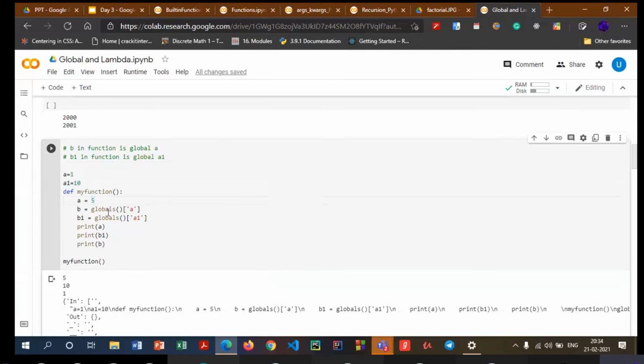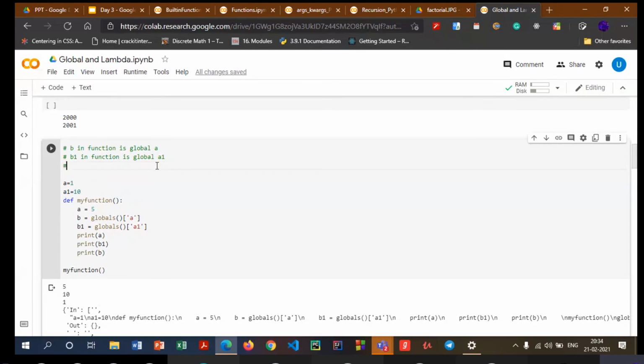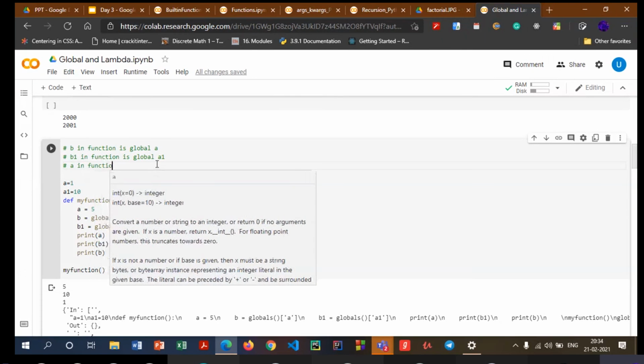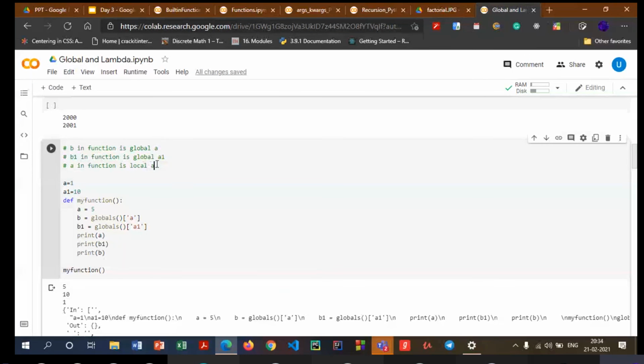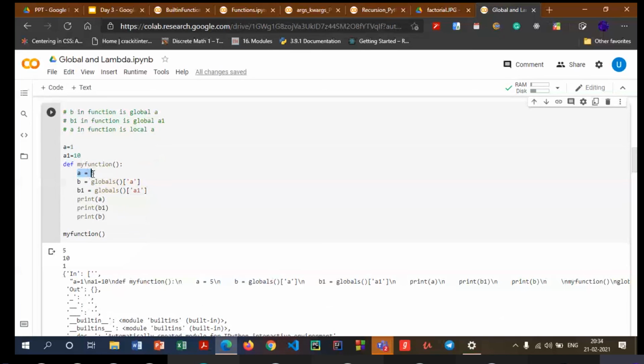Next thing we have is a, which is inside the function, that will be a local a. Why? Because we are not making use of the global keyword or the globals function anywhere inside. So when I say a in function is local a only, it does not refer to anything which exists outside the local scope, that is in the global scope. So when I say a equal to 5, that prints out the value of a which is residing in the local scope of this function. So over here the a will take the value of 5, and this is what we get.